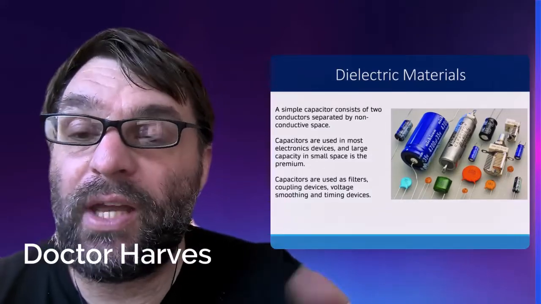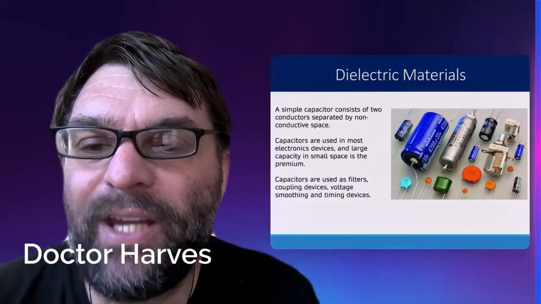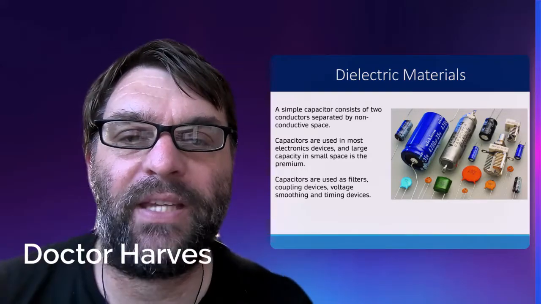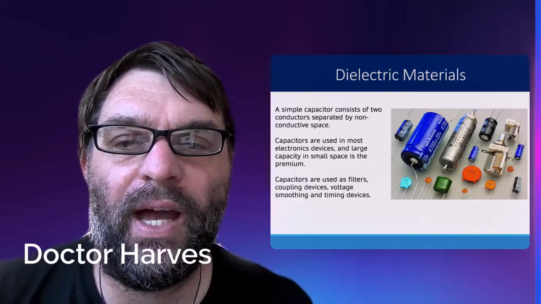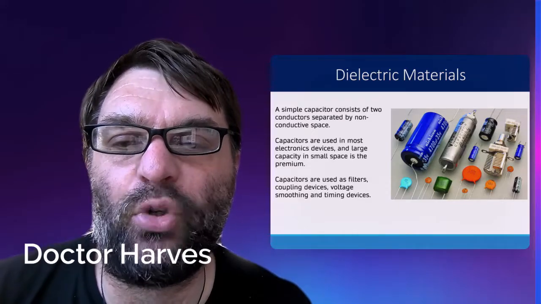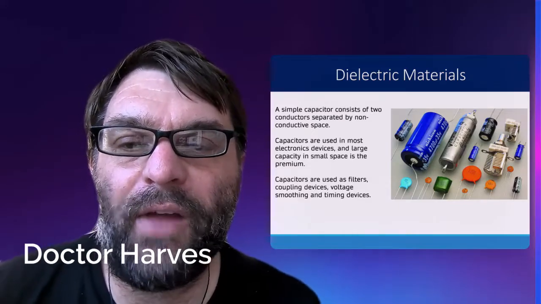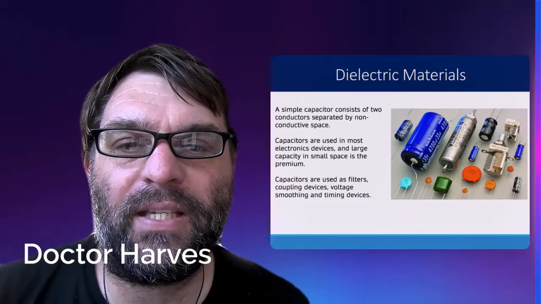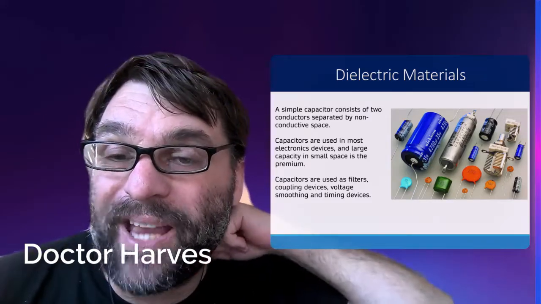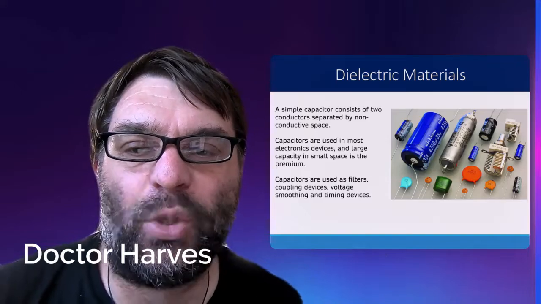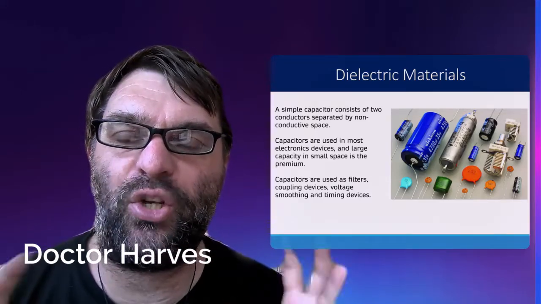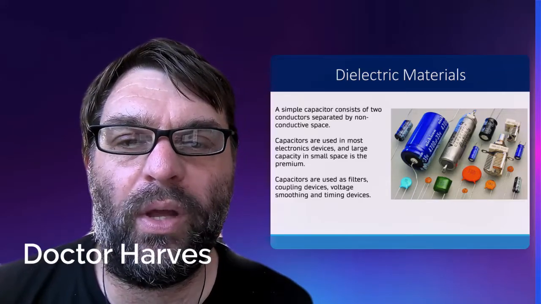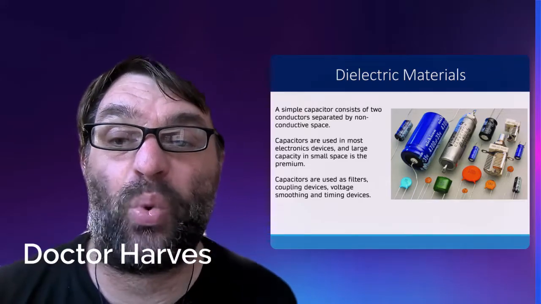Okay, so as discussed earlier, dielectric materials. As we've said, a simple parallel capacitor consists of two conductors or parallel electrical plates separated by this space in the middle which doesn't conduct. And basically the idea is to get your capacitors as small as possible. So a large capacity, a large charge on those two plates with a small space between them,